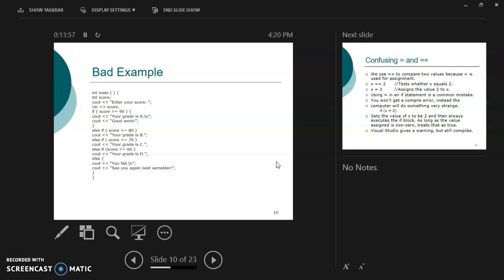So this is a rather bad example. Enter your score, score is gathered, and then your grade is A, good work, and so on. Again, it's about where we actually put the braces. So yeah, it can be a bit confusing. This is with regards to main, we should have like a, what call it, returns